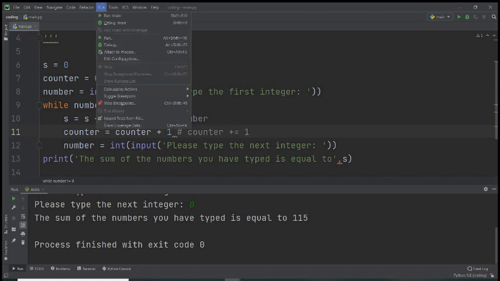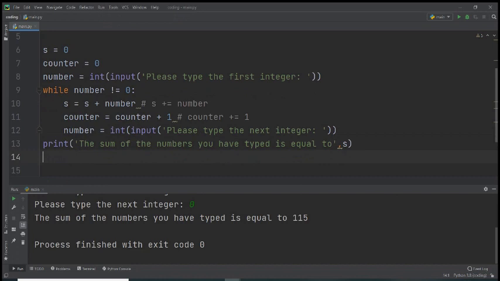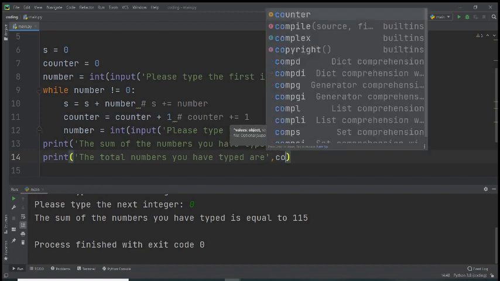So now I can have another print at the end of my code, the total numbers you have typed are, for example, comma counter,